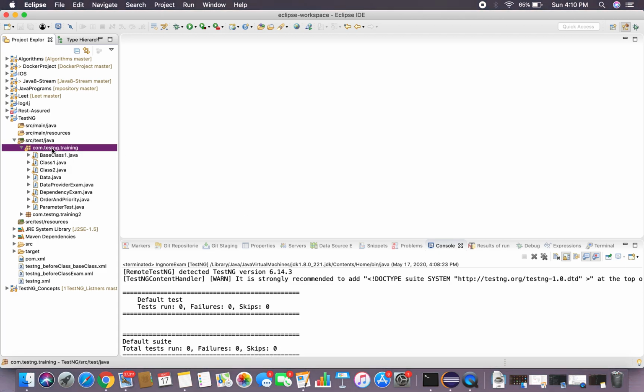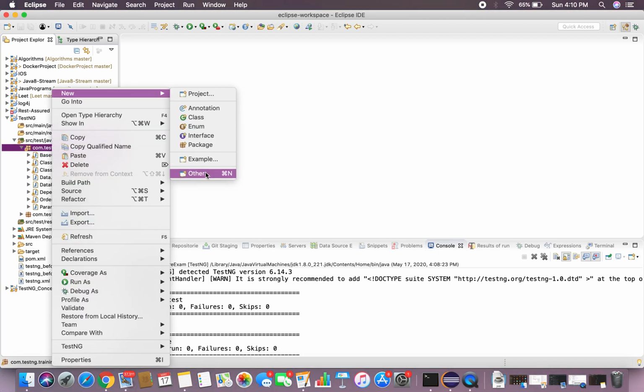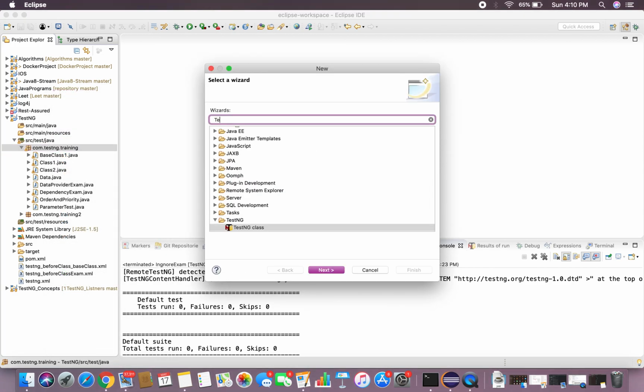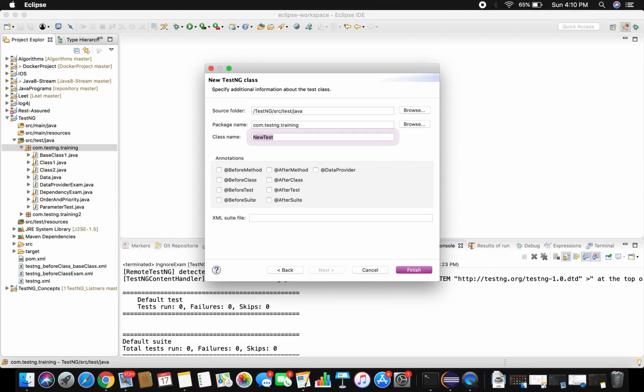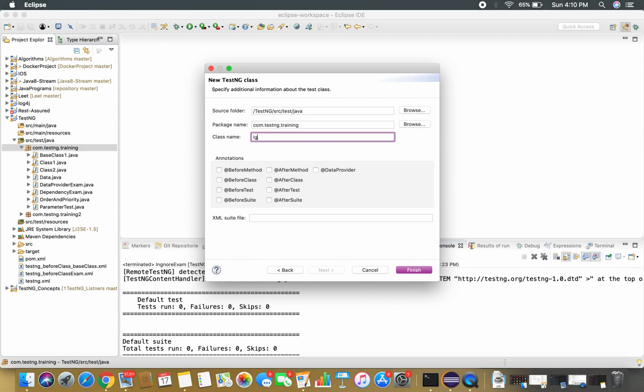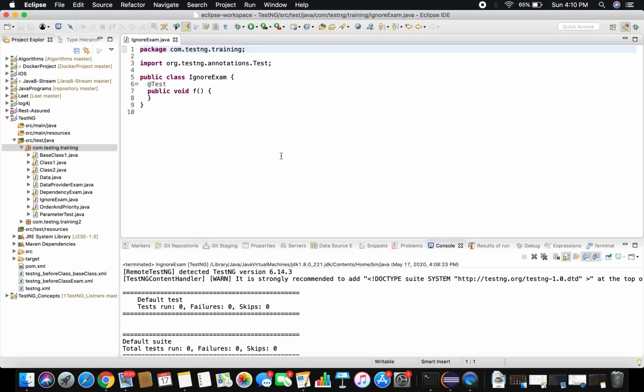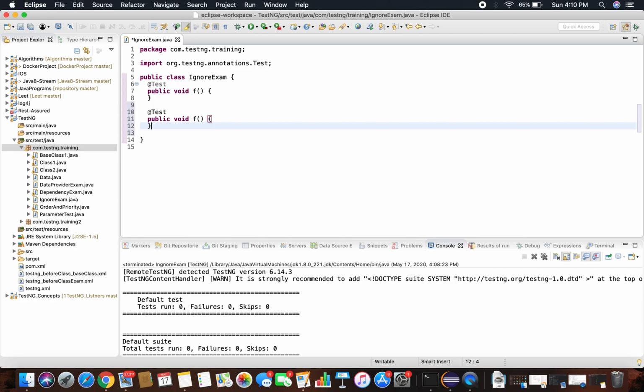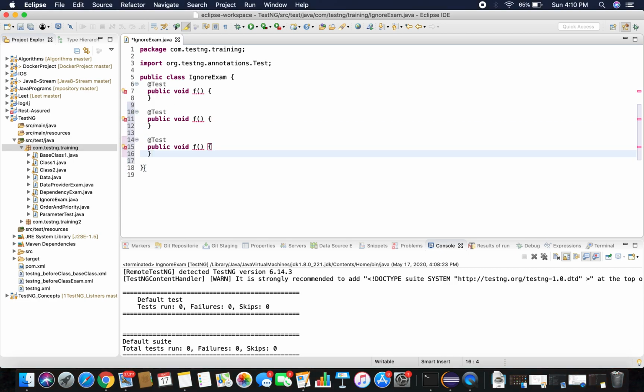I'm going to create a class, which is my ignore example. I'm going to create multiple test cases here, test methods.